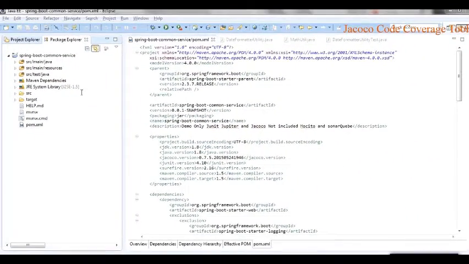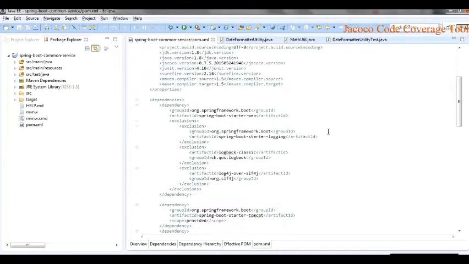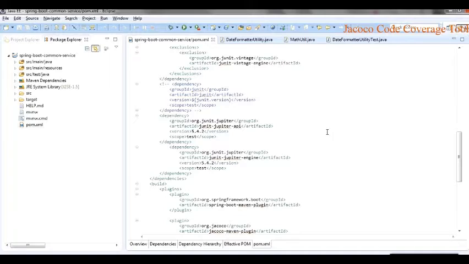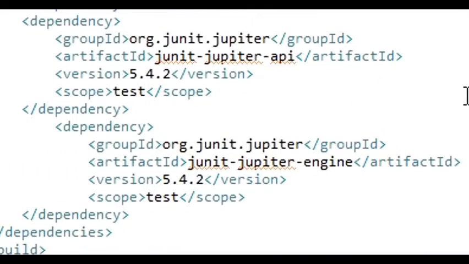So let us start. Here I created a normal Spring Boot application. As I explained earlier, first we need to add the JUnit or Jupiter dependency. Here I am following JUnit 5, which is the latest version.